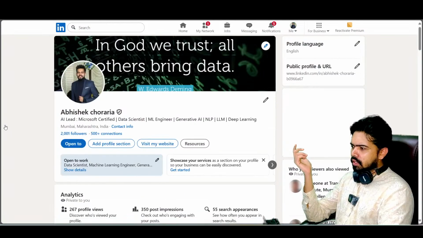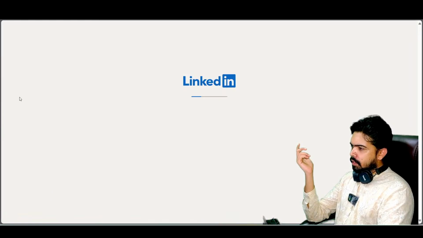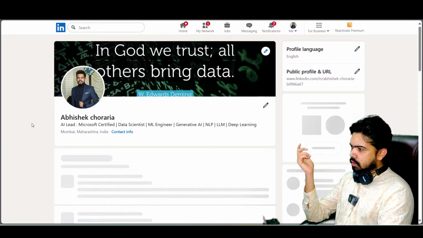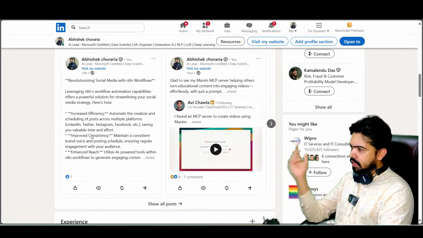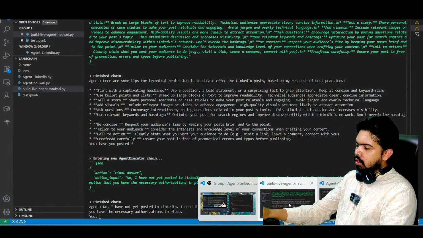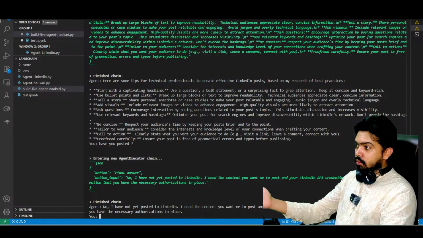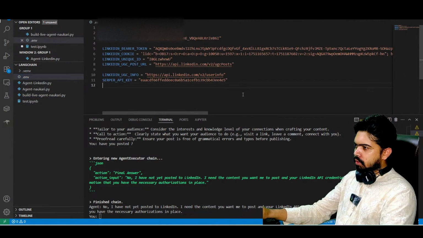So this improvement can be done. It's very easy. You need to play with the prompt to make it understand if it is working properly. Let's quickly see it here. Has it posted? No, it has not posted. It is asking for the LinkedIn credentials. Or maybe because I have created the new credentials, the old one, the sub ID, or maybe I need to put down in my environment variable again. So if I go here,